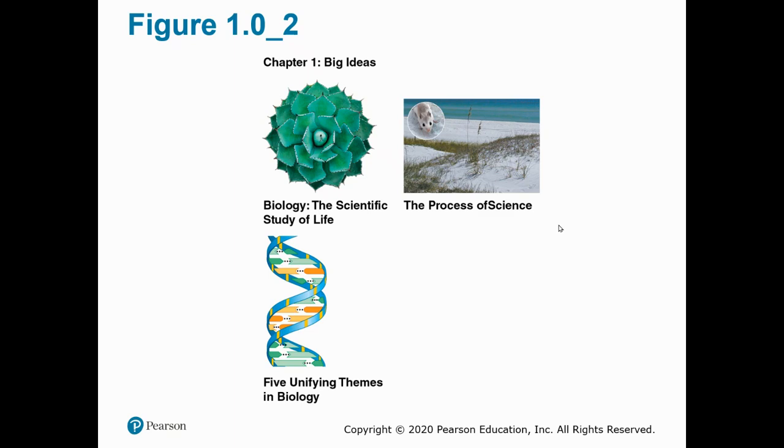And that's on purpose, because the book tries to give you a structure that helps you learn the things, structure the things for you, so it's not just all a jumbled mess in your head. So the three parts of the chapter, we're going to talk about the scientific study of life. So science, what is science? We're going to talk about life, and we're going to talk about the unifying themes. So life, science, and the themes. Those are the things you're going to talk about for this chapter.